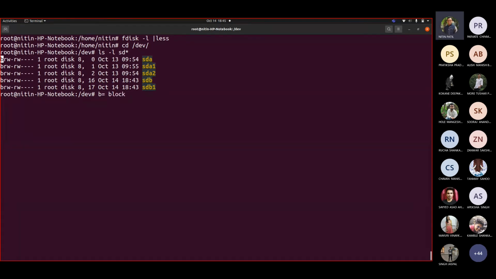B means block. So this is a block device. Whenever you are retrieving records or writing records to or from the disk, the data is fetched into memory and then written or displayed in some form. It picks the data as a block, and the block size is 8192 bytes. When it is loaded in memory, it maps it to a page.